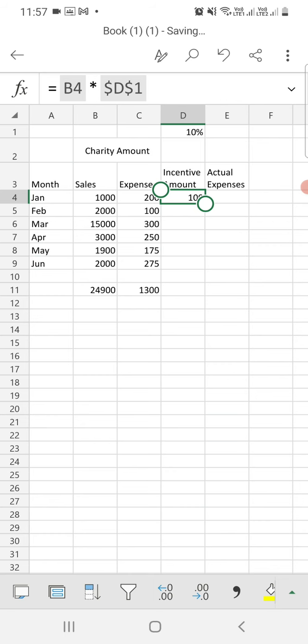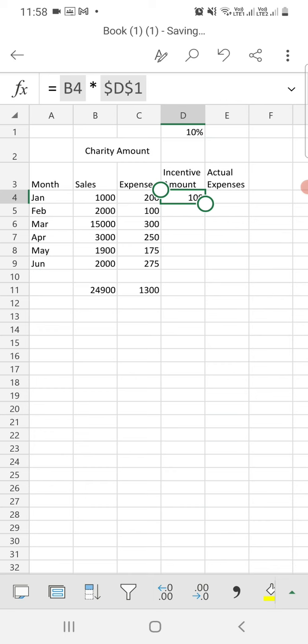All the calculation will be done. The particular cell D1 is made absolute by using the dollar signs, $D$1. That cell will not change, but the first one will.